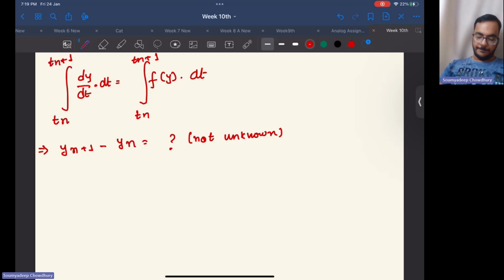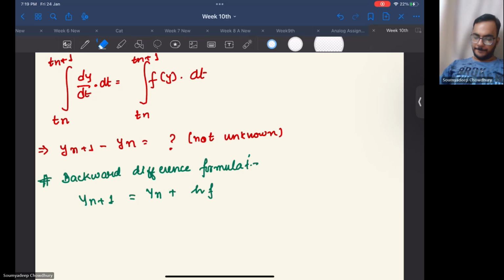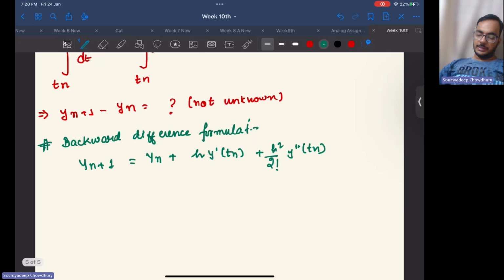So if we use this backward difference formula, and if we write it down like this, what is it? yn plus 1 equals yn plus h into y dash of tn plus h square by 2 factorial y double dash of tn. Like this it will continue, right? I'm not writing the further higher order terms. So if we neglect the second order term also,